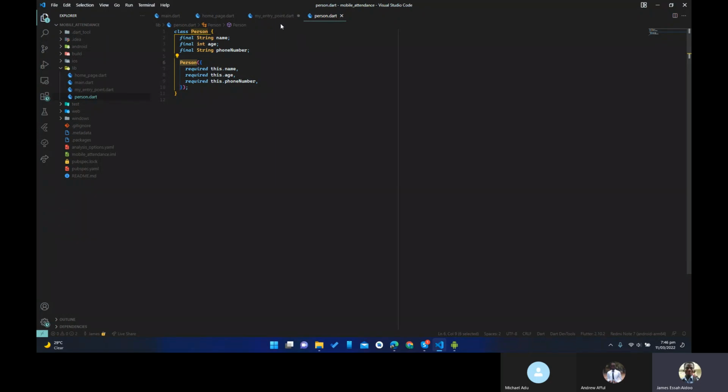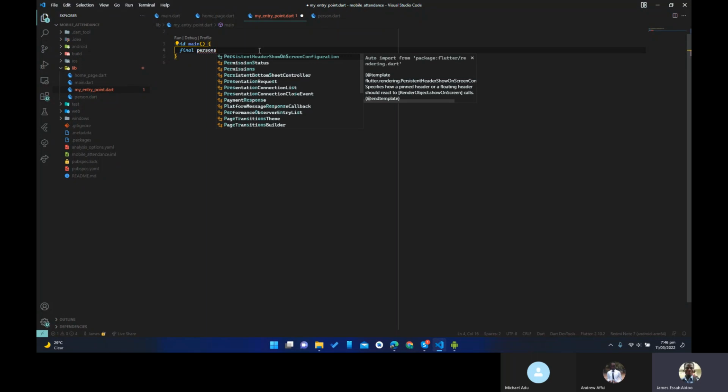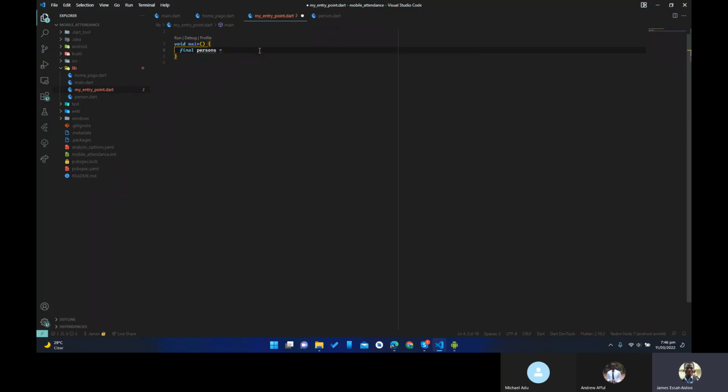Cool. And over here I'm creating a list, or an array. This is the syntax for creating a list. In this case I'm choosing to make my list final. What's the variable name I'm giving to this list I'm creating? I'm calling it persons. And we know we use these brackets to define that whatever goes inside of it